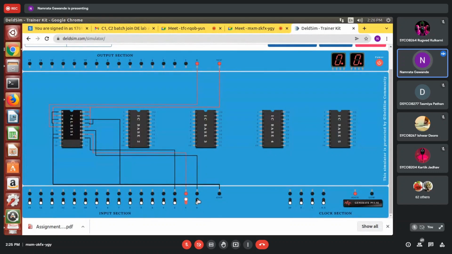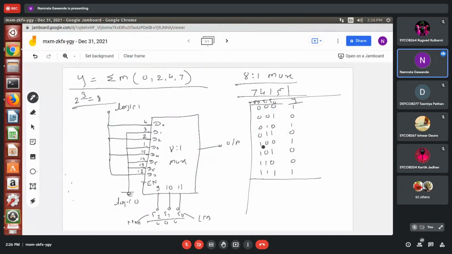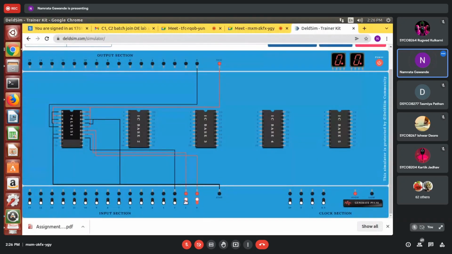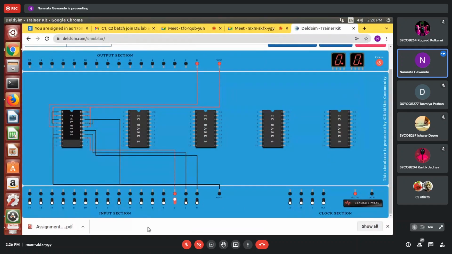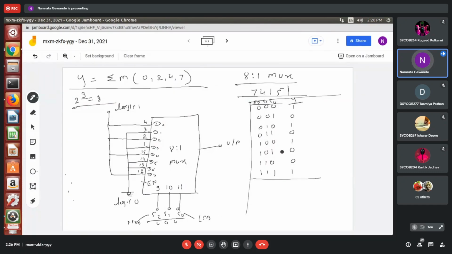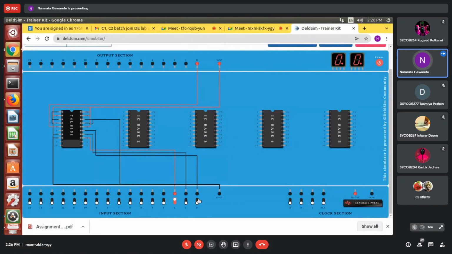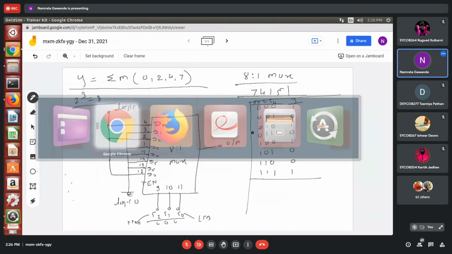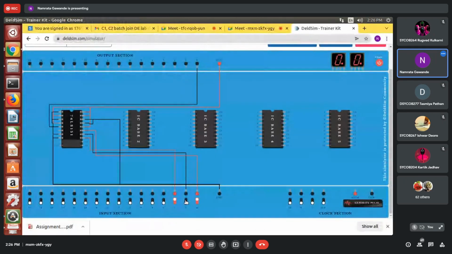Sorry, 0, 1 and 1, right? The output is 0. Then 1, 0, 0, the output is 1. Then 1, 0, 1, the output is 0. 1, 1, 0, 0.